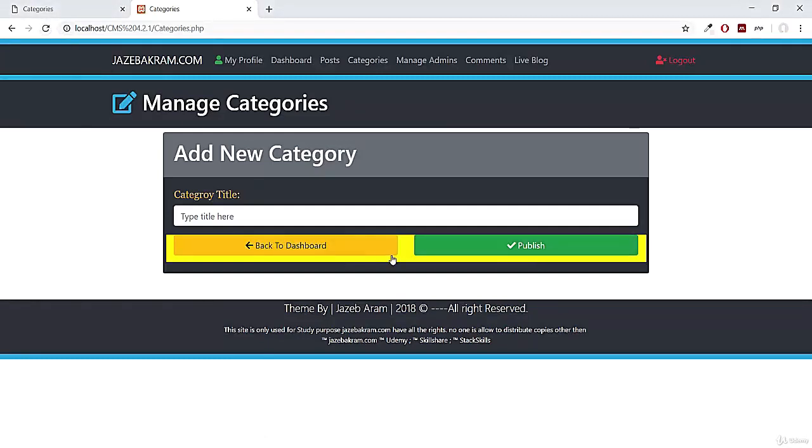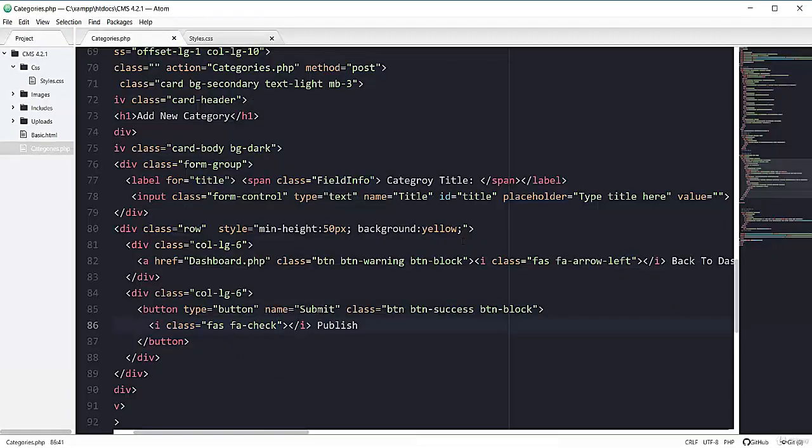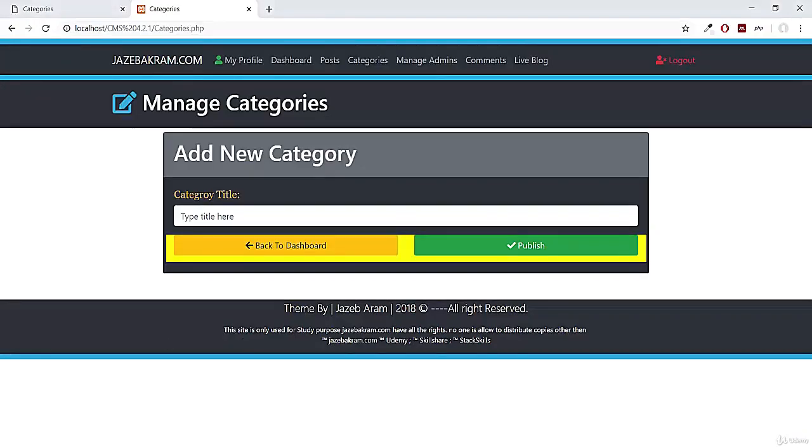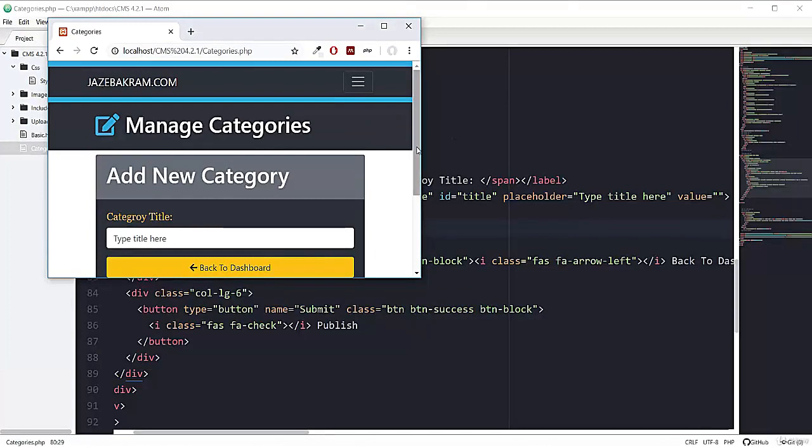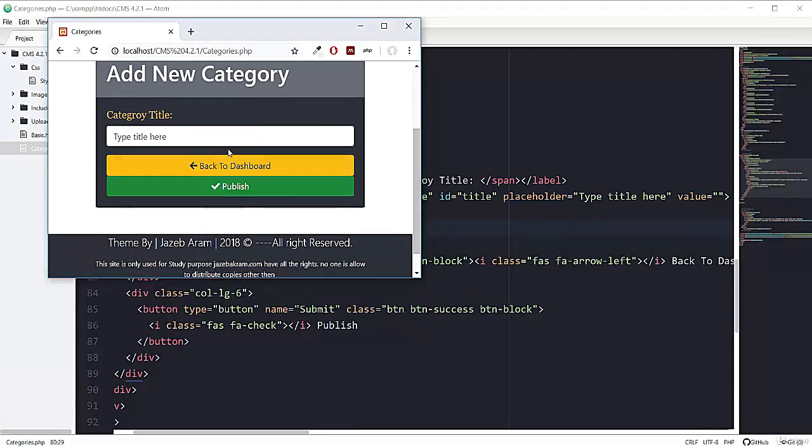Now first of all, let's remove this yellow color. So removing it from here, from this whole row. Looking great, right? Now if I make my whole screen to a smaller one like this, you can see that both of the buttons are kind of sticking together.